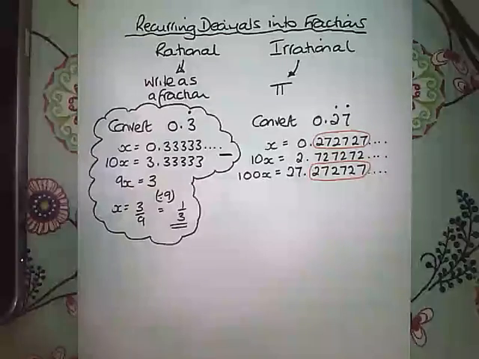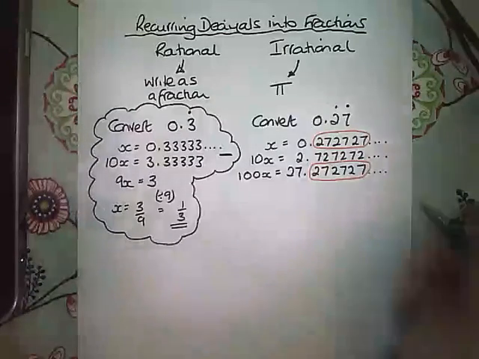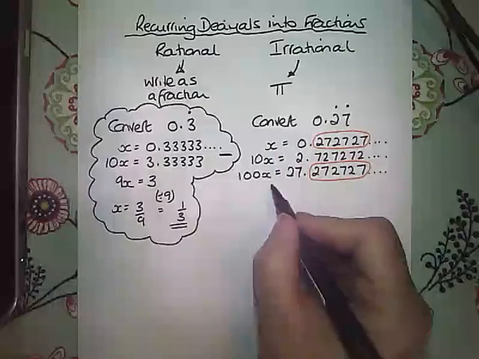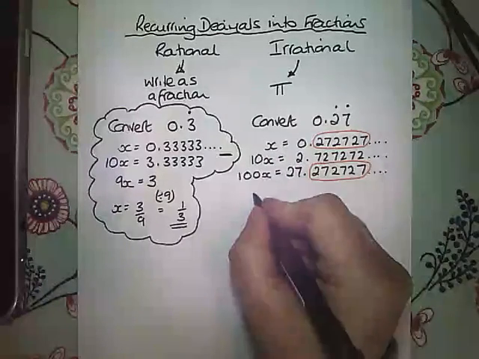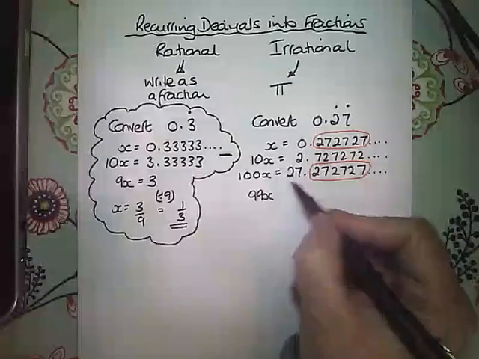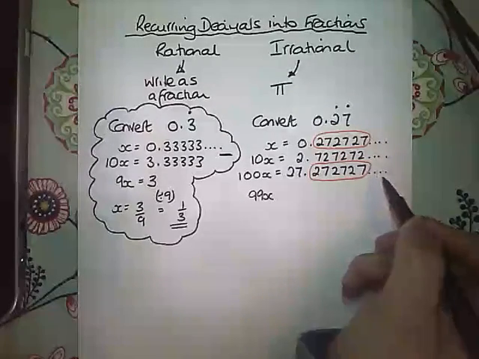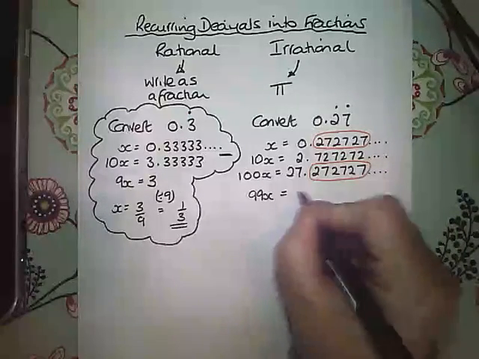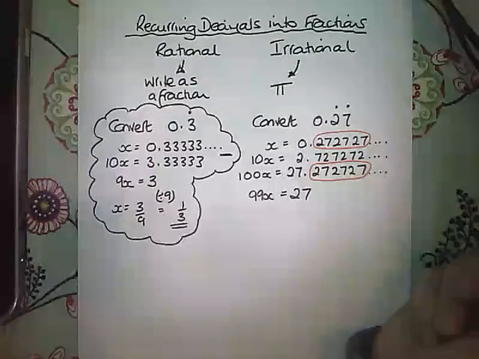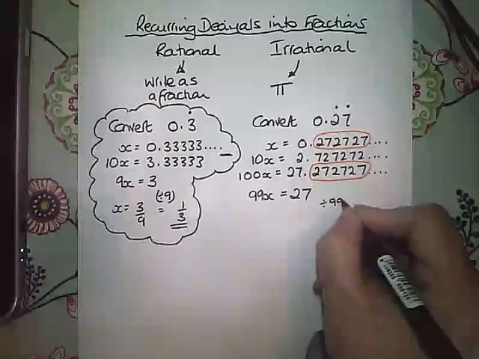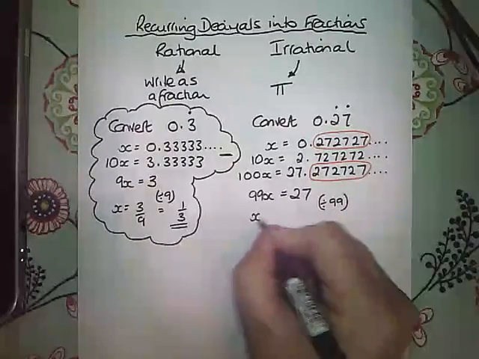That means when we subtract them, they're going to disappear. So we're going to have 100x take away 1x, which would leave us with 99x, and then 27.272727 take away 0.272727 would just leave us with 27. Divide both sides by 99, and x is equal to